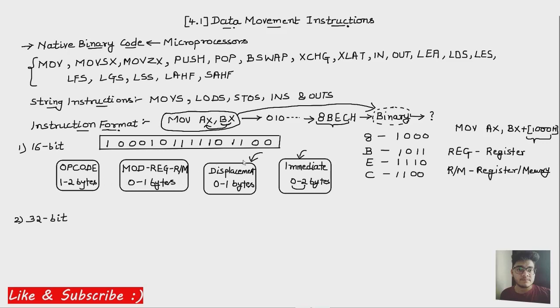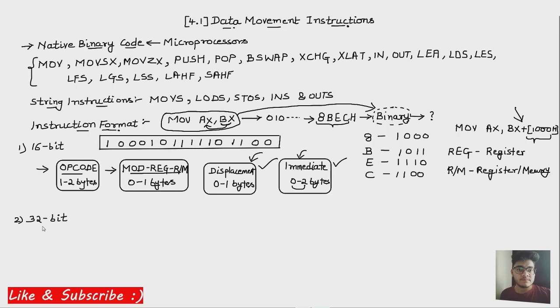We are not going to discuss these two, since we have already studied immediate addressing and how we can add displacement like this, right? So we do not need to study them. These two are very important parts, which are the opcode and the mode register slash memory, right? We will study both of them in detail in the next tutorials of this section 4. We will discuss opcode in the next tutorial, and then we will also discuss this mode and what its meaning is. But currently I just want you to memorize this format, and from the next tutorial onwards we will use this format, right?